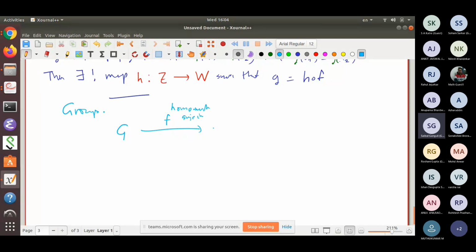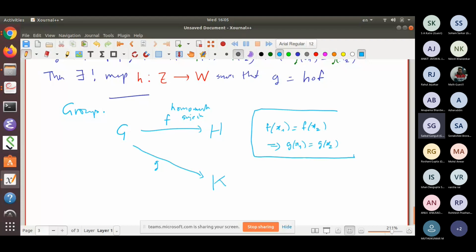And it goes to some group H. Now this is another homomorphism g, and it's going to K. And g has the property that fx1 equal to fx2 implies gx1 equal to gx2. Suppose that,